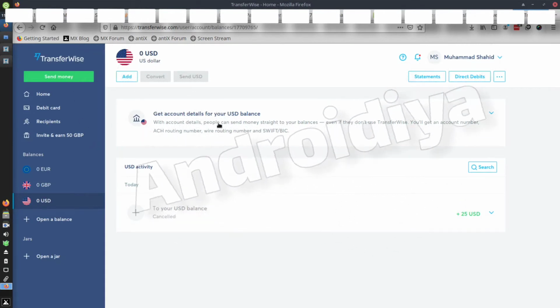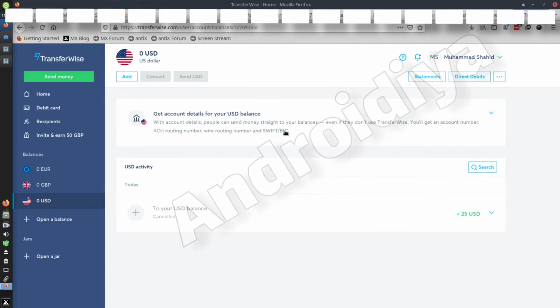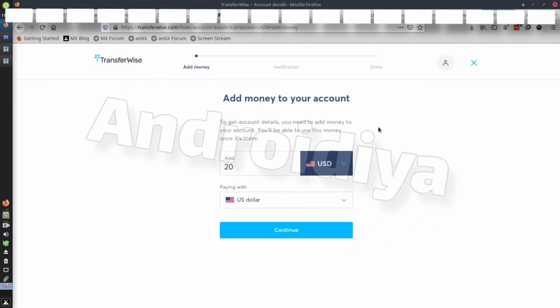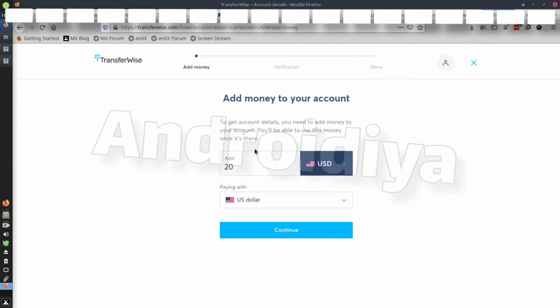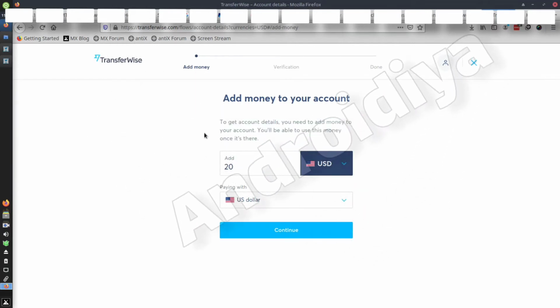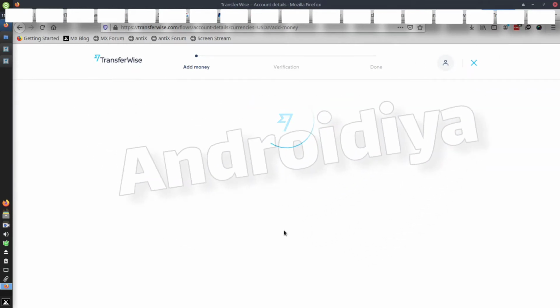Now you can see you can also get your account details for your USD balance, so simply click on this button and you need to add 20 US dollar to your TransferWise account. This is not a fee, this is your own money, but you just need to add balance to get bank details.